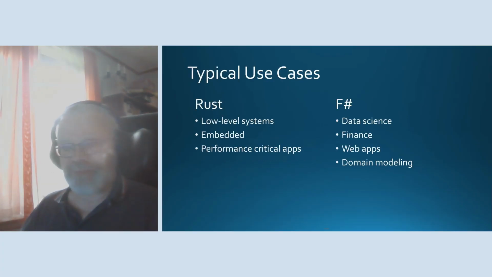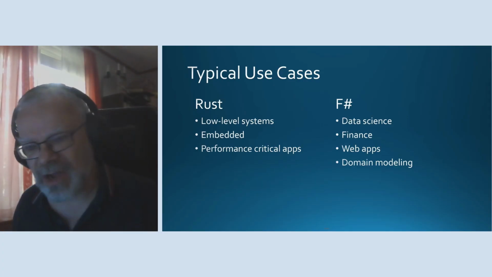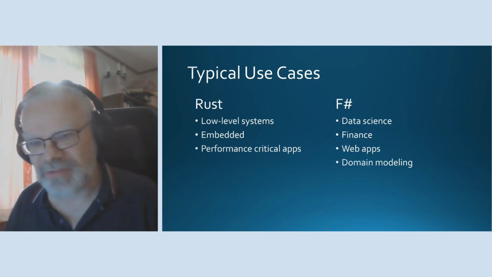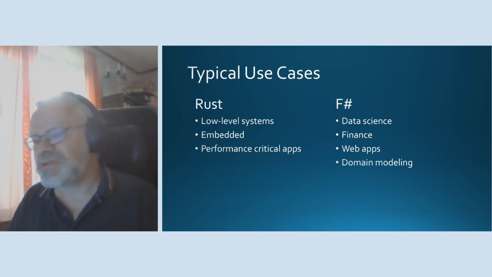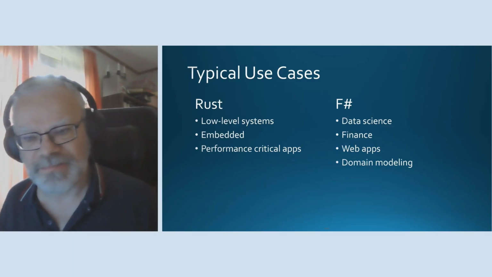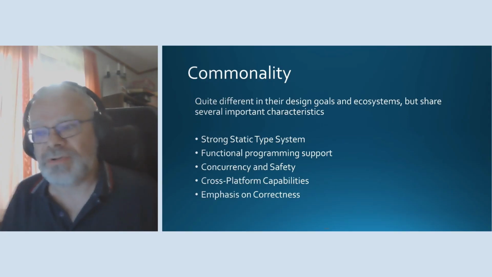Typical use cases for Rust are low-level systems, embedded systems, and performance-critical apps. And for F#, it's more data science, finance, web apps, domain modeling, big data, stuff like that. And this might seem to be two very different use cases. And they are. But there are some